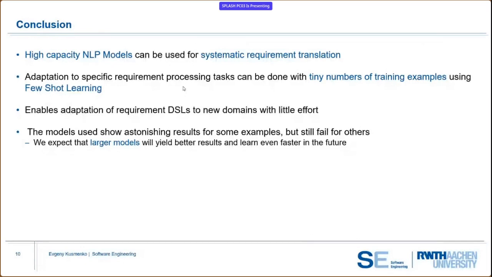So generally, my question is a little bit high level. Language models, especially the ones you showed with transformers, are notoriously unskilled with basic math, numerical stuff. That's correct. And requirements, if you want to express complex requirements, are going to have some constraints, some form of expressions that are very mathematical in nature. So if I were to use a system like this, I would be quite concerned about generating requirements that are... That's exactly what I said. There are still some things which are not translated correctly. That's exactly what I'm referring to.